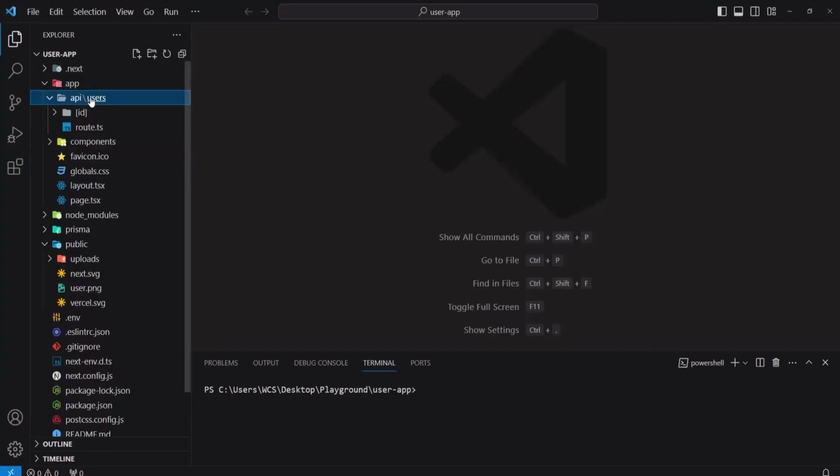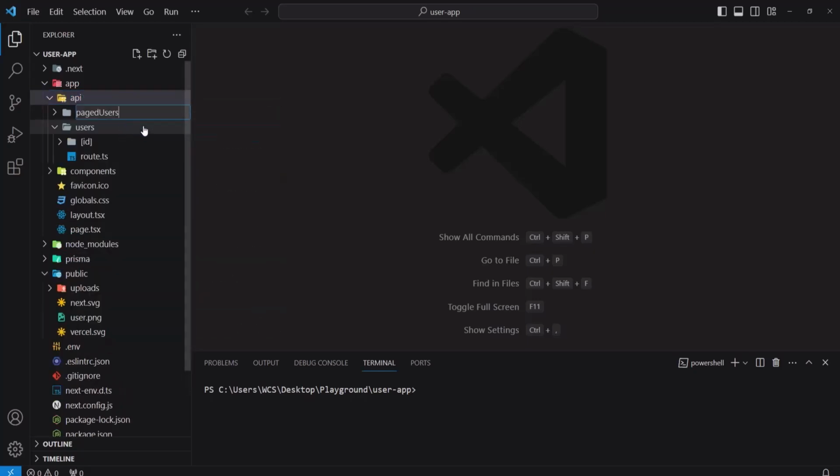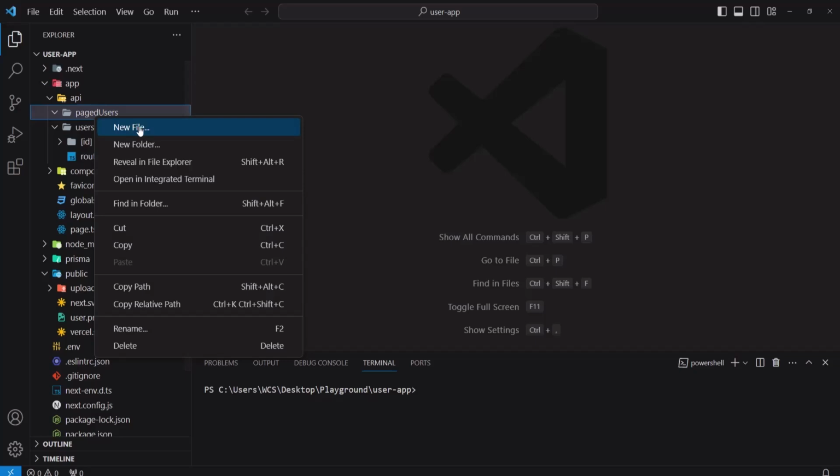So here inside the API folder we will create another folder. So new folder, I'll name this page users. And let's add the route file here. So new file